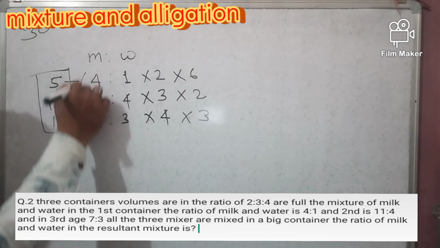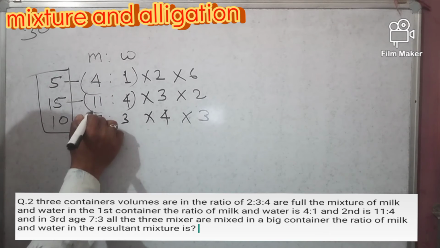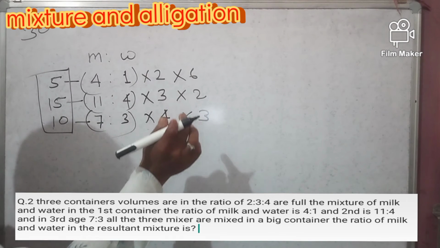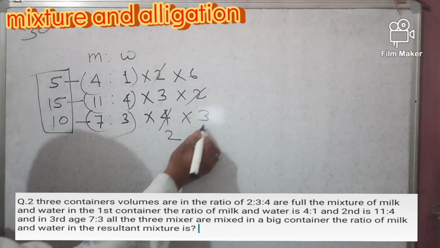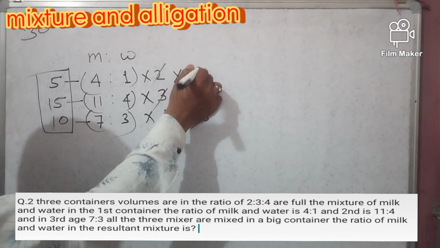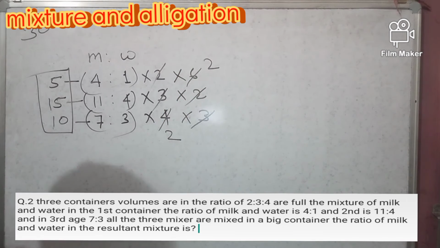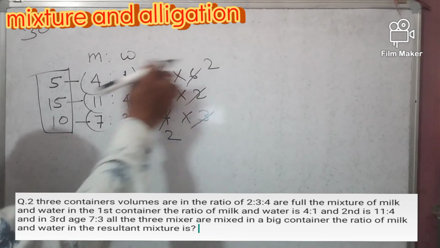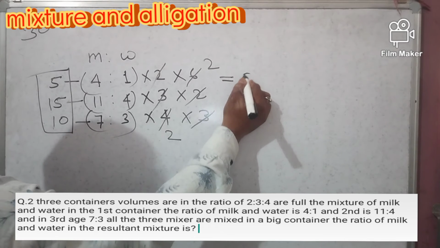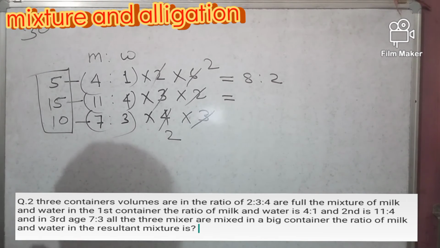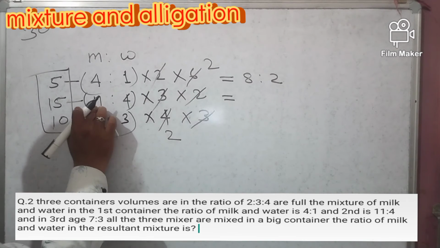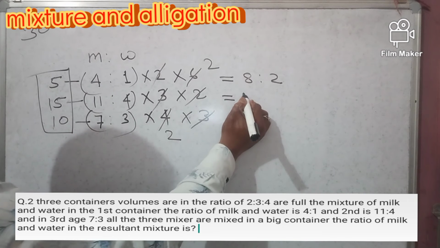Now see here, 2 and 2 cancel and 2 2 is 4. Now 3 and 3 cancel and 3 2 is 6. 2 4 is 8. 2 1 is 2. Right? There are no more numbers, so there are 1 and 1. So directly write them. 11 is to 4.